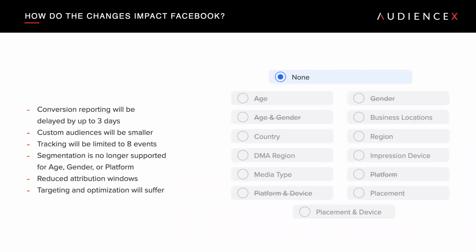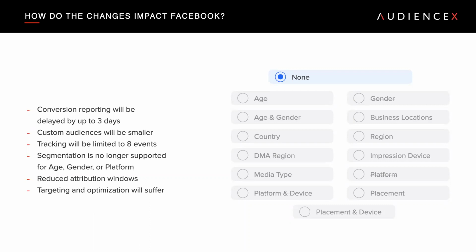I would note here, if any advertisers are using a huge number of button clicks, my personal opinion is that's sort of a substitute for an analytics platform, and it's not a great way to do it. So if that's your use case and you're going to be heavily impacted here, I think there's a better way to go about that anyway, whether it's Google Analytics or Mixpanel or whatever your tool of choice is going to be. But that's not going to be the way forward with tracking all these page events in Facebook, for example.